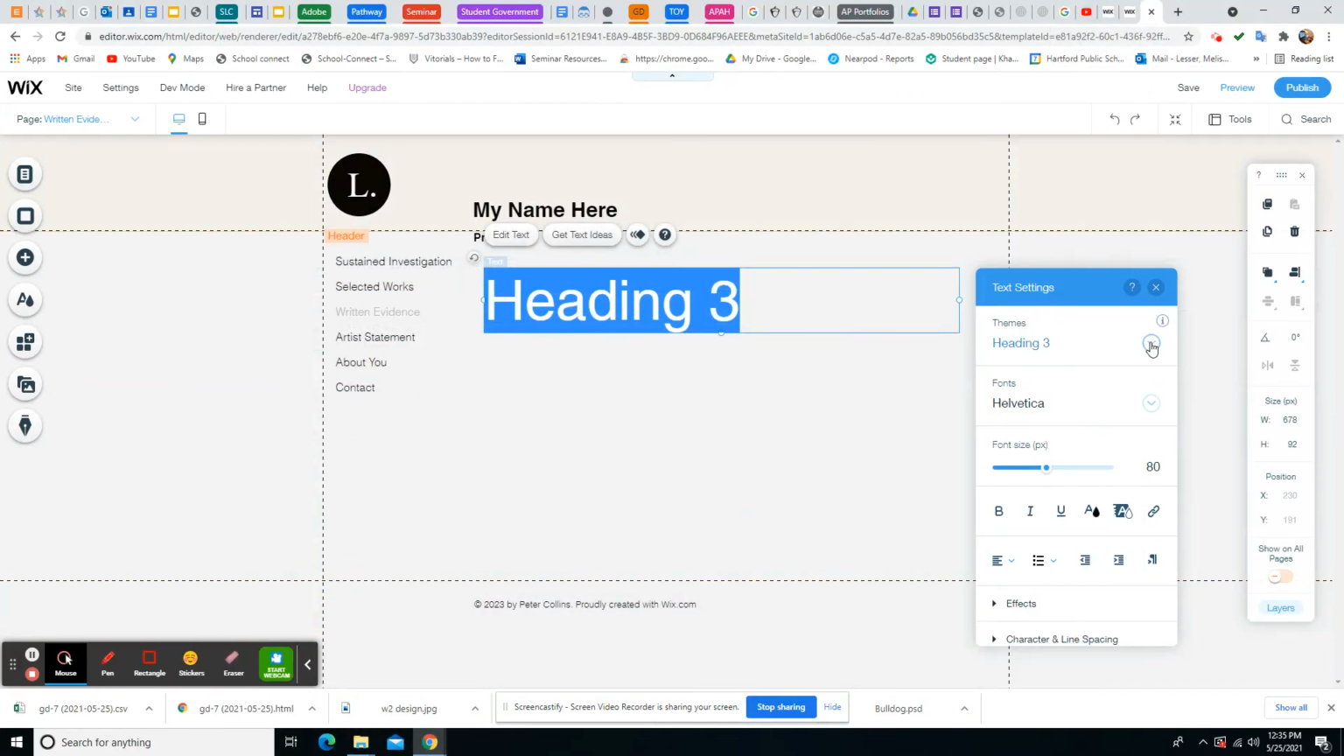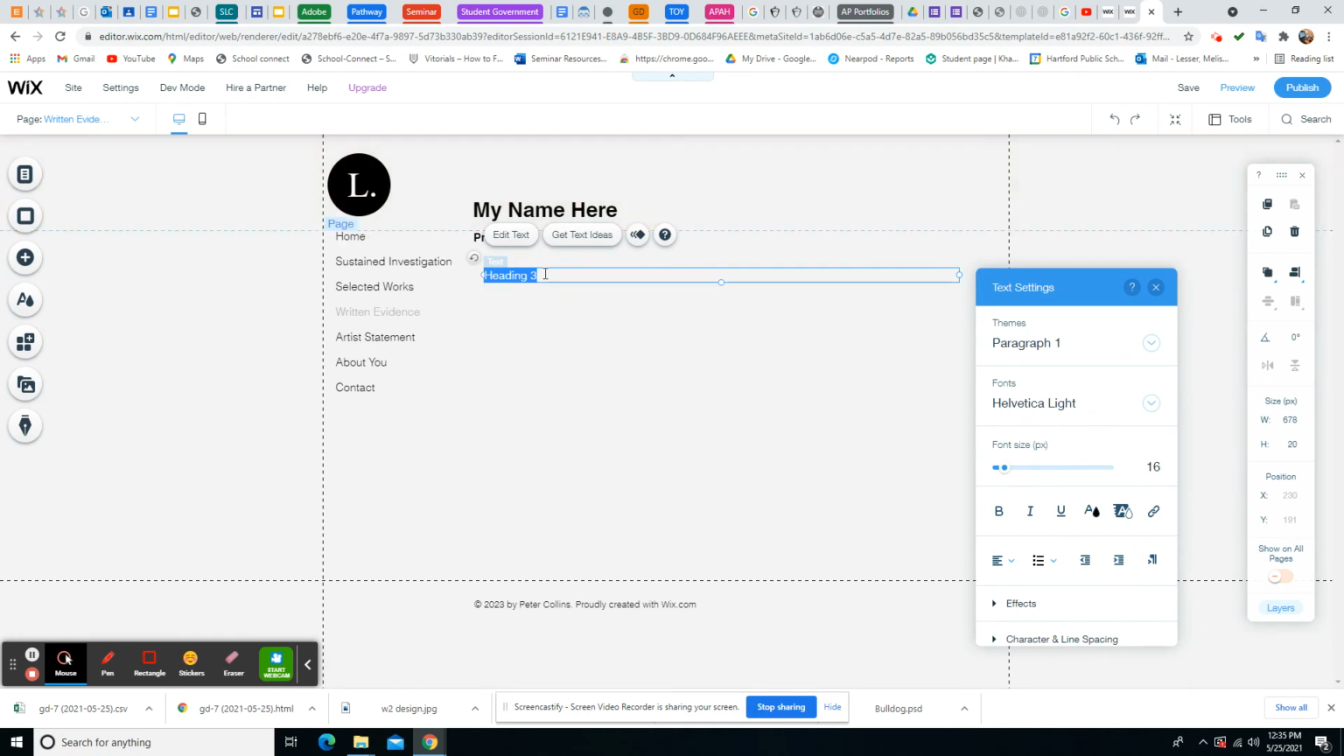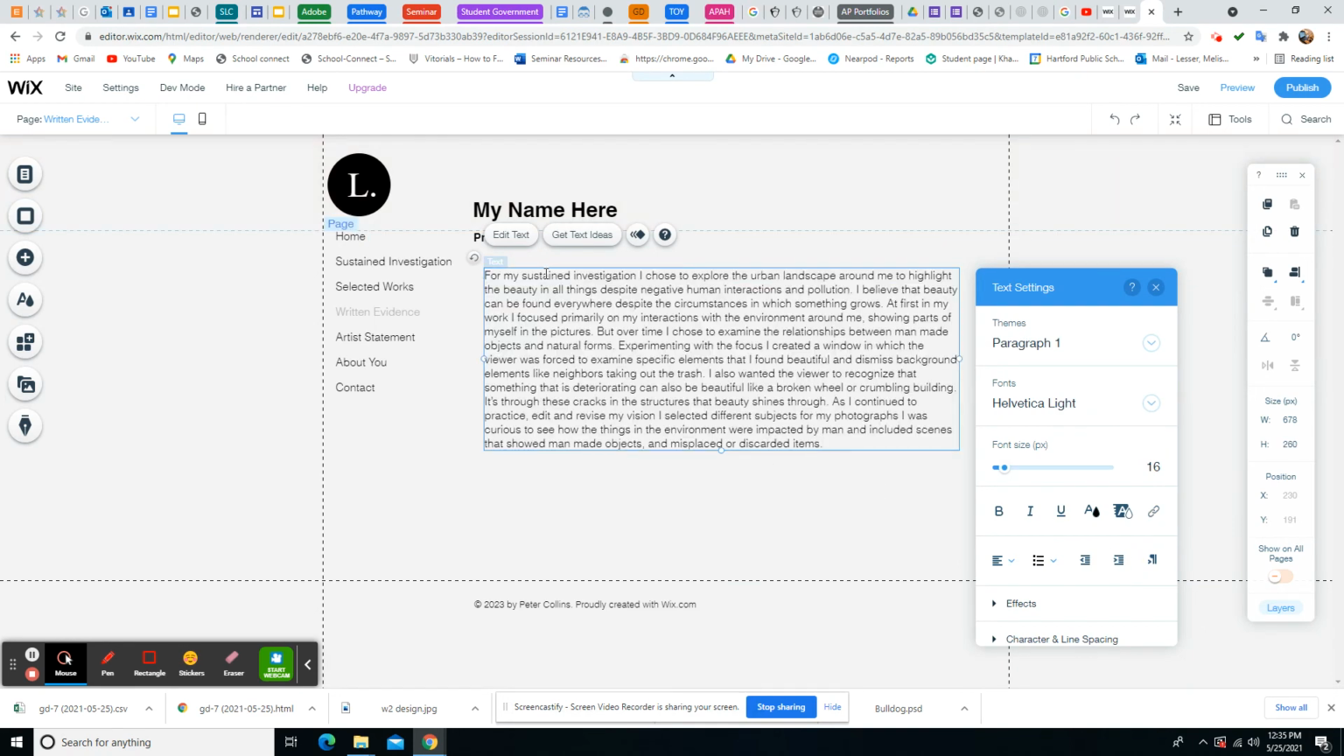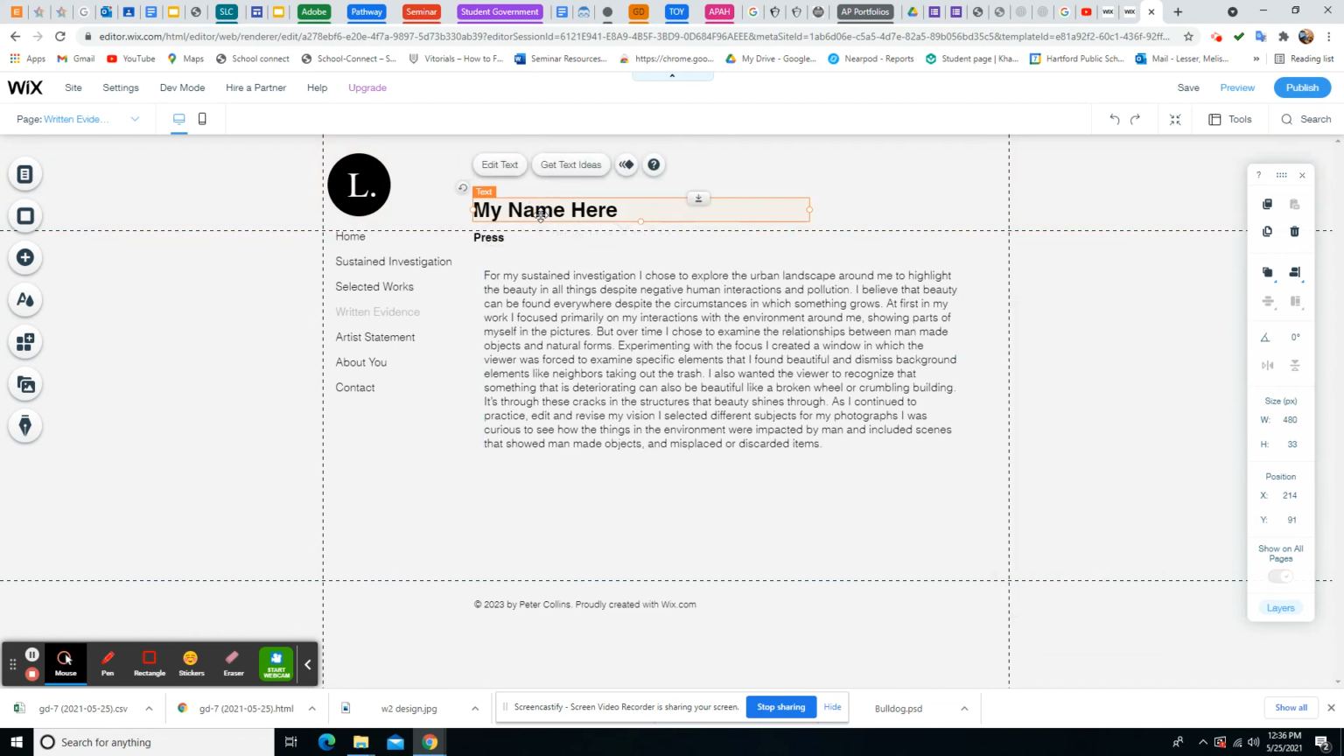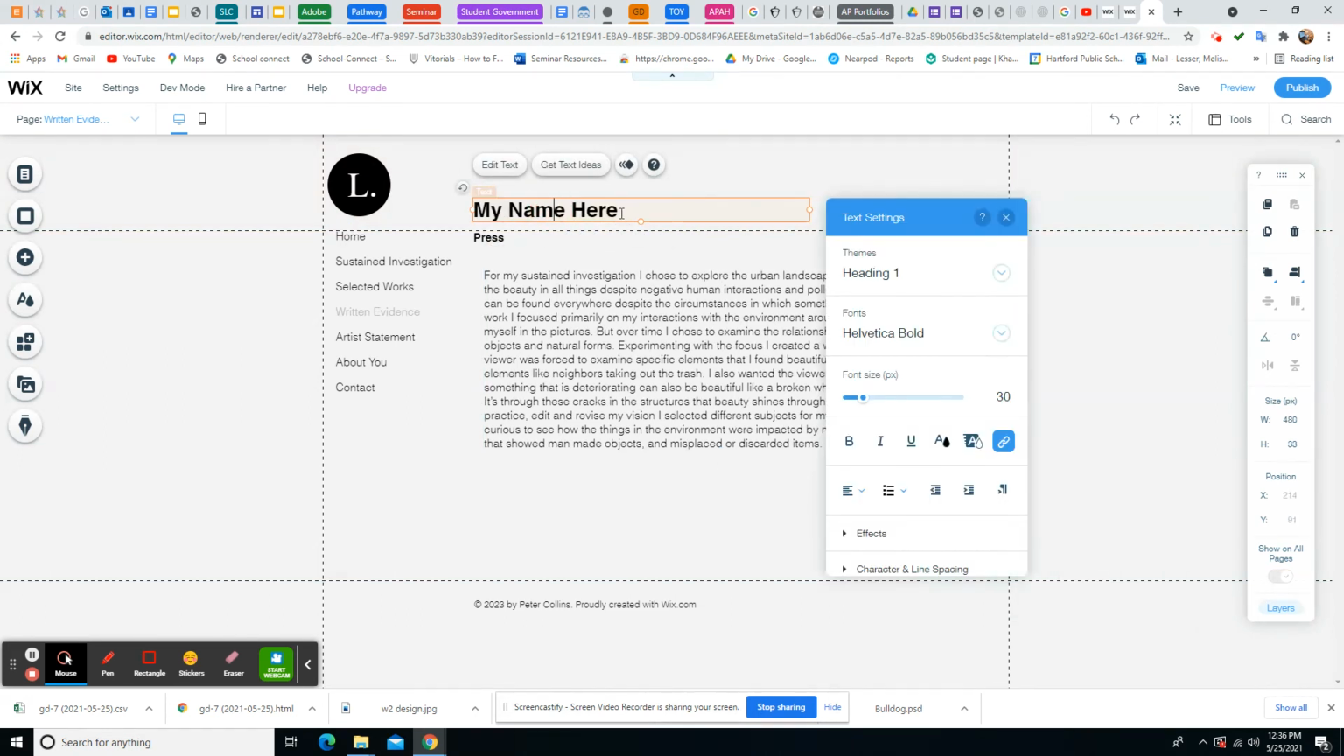And I may want to make this smaller now that I'm looking at that. So let me bring it down to paragraph size. And that's how easy it was. So I can just send you your individual written evidence sections, and you can add it in here, and you can put your name up here, or you can just type in, this is my written evidence,